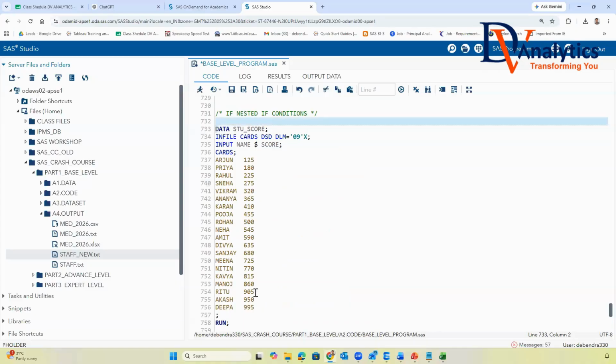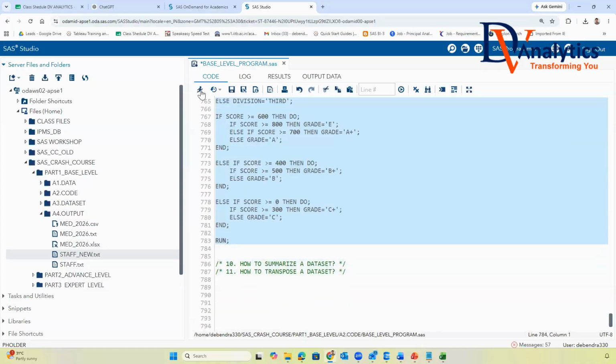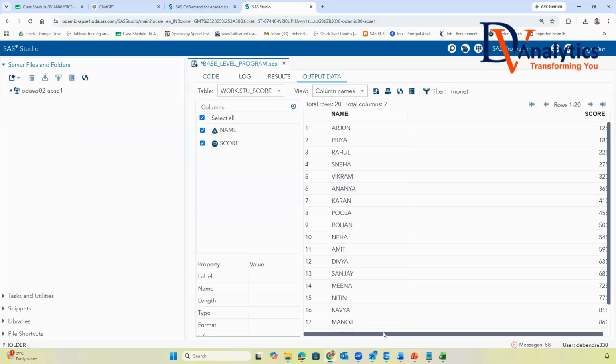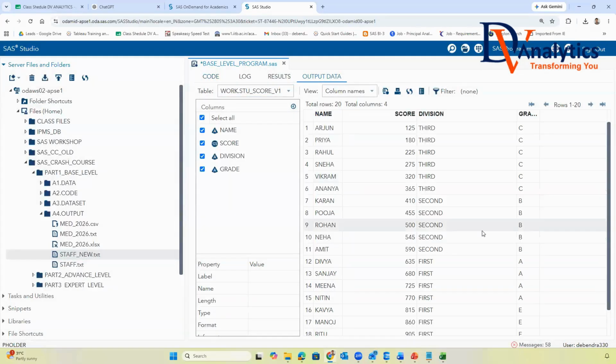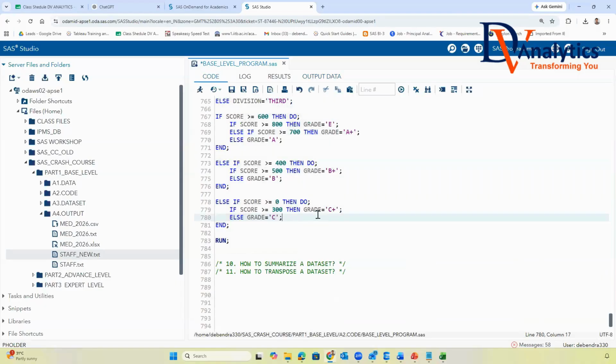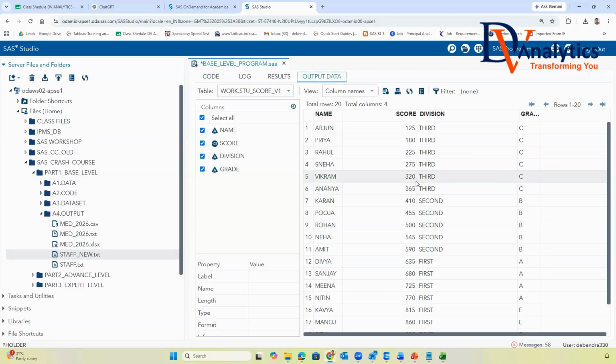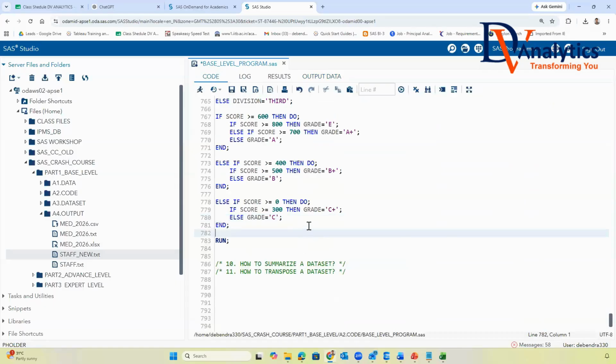Let me do this here to see what is happening now. If I go with this dataset to version 1, I can see the score is all C. What I have given in the code is C plus. This should be C plus, right? The plus operator is not showing. So what is happening here?